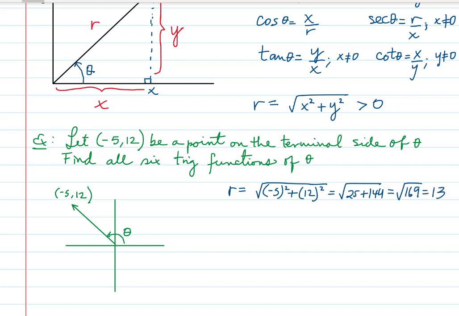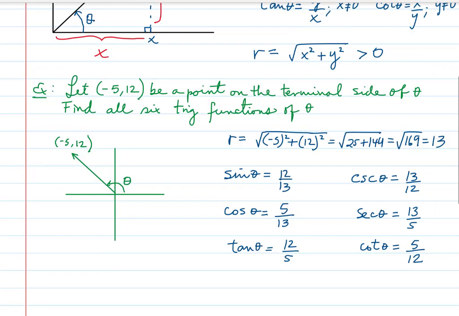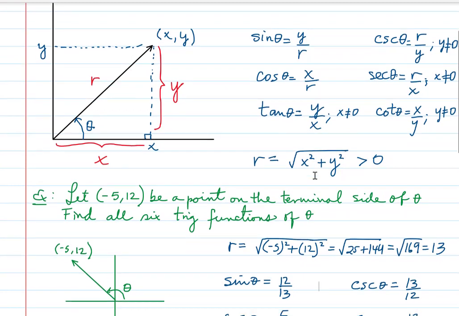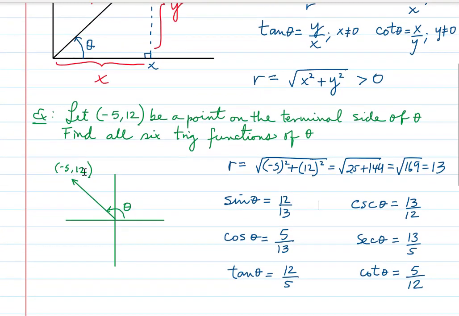Right? So once we have our r, we're ready to find our trig functions. Right, so here they are, guys. Again, it's just from the definition here. We're using our ordered pair here and the r that we found to come up with the trig functions. So this allows us to find now the trig functions of any angle here, no matter where they land,